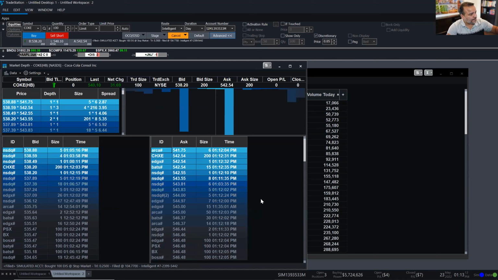You can see that 538.88 is the best bid. 541.75 is the best ask. So the spread is pretty wide. We're talking about a $2.87 spread. So I could say, I'm willing to pay $2 extra for Coke. When I know that the best bid is 538, I can say, well, I'm willing to pay 540. One thing that you can do is choose this discretionary, where you can say, I'm willing to pay